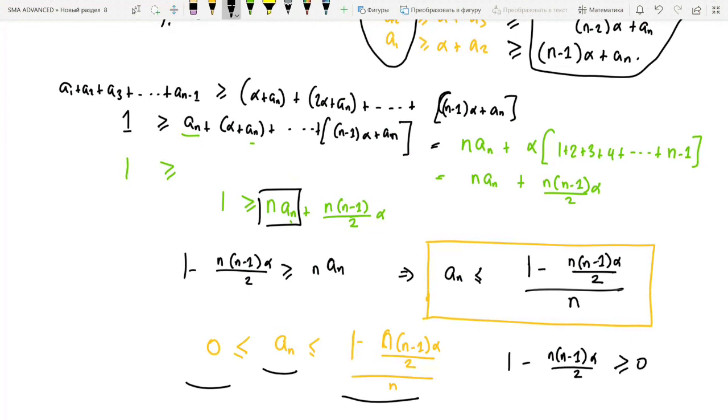So we're almost done. We can now carry this to the right hand side of the equation and we get that this is true. Then from here we can arrange the terms properly and get that alpha is less than or equal to 2 over n minus 1. So this is giving us an upper bound of alpha, which means that this is the maximum value of alpha.